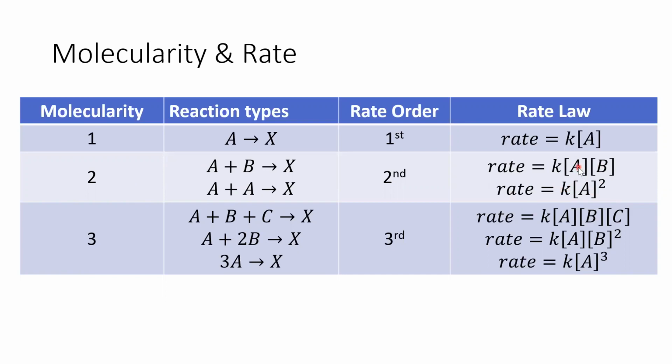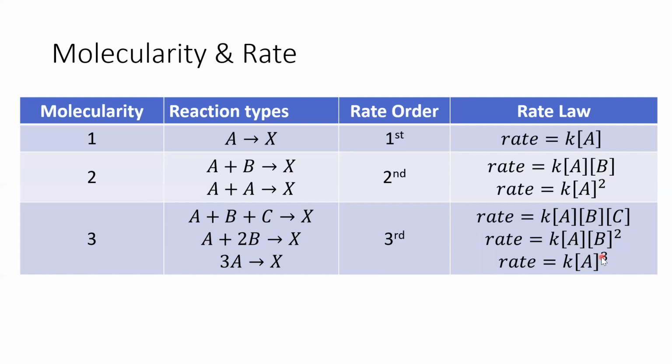Remember that to figure out the order of the overall reaction, it's the sum of the individual orders for the reactants. So 1 + 1 is 2, or 2, same thing. If we're looking at termolecular, it could be A reacting with B, reacting with C. Maybe we've got A reacting with 2B, or maybe we have 3 A's reacting together. Either way, we've got 3 reactants. It's termolecular. So our rate laws could be k times ABC, k times A B squared, k times A to